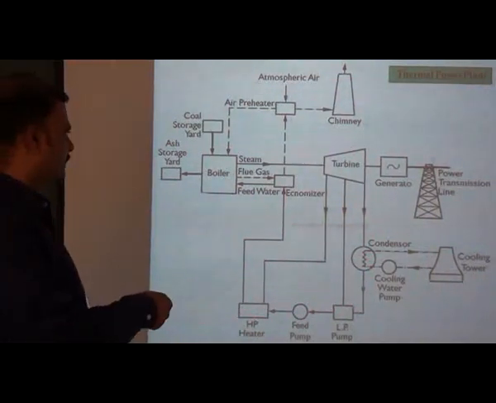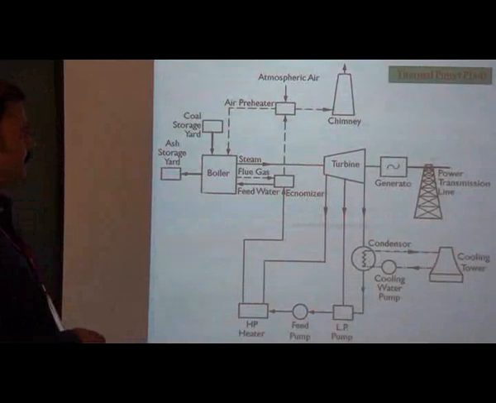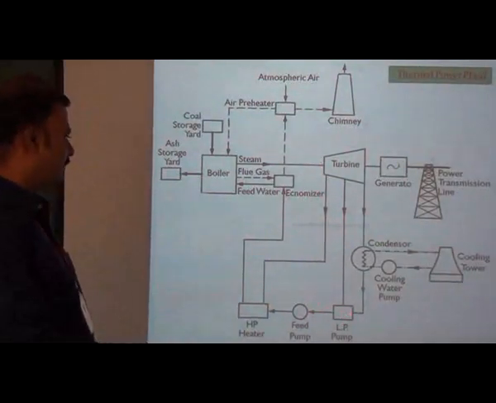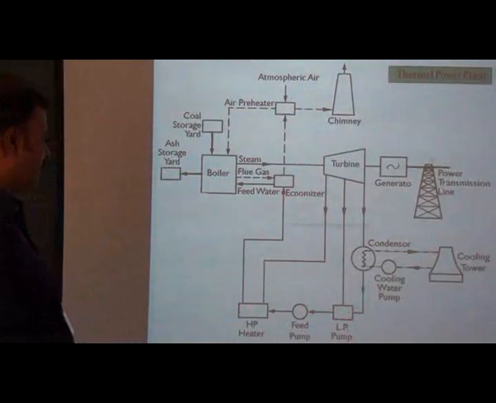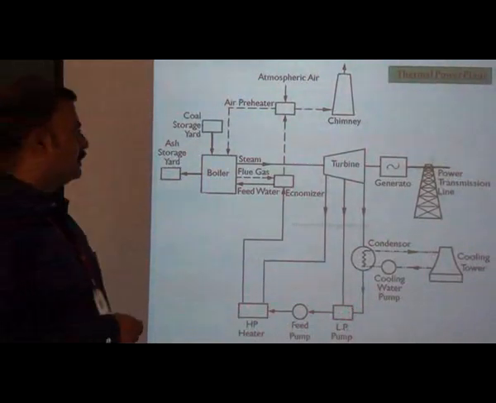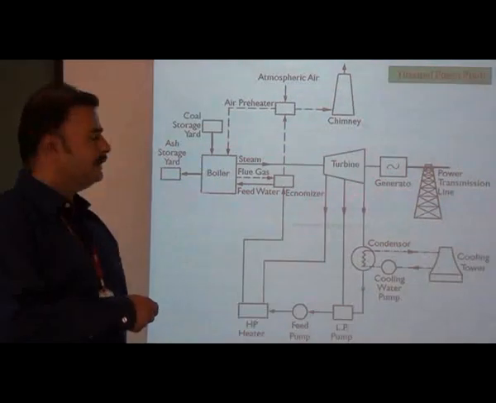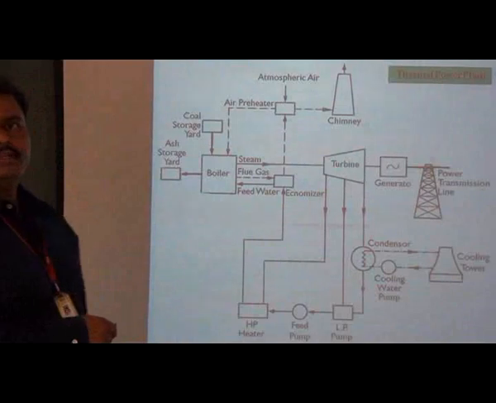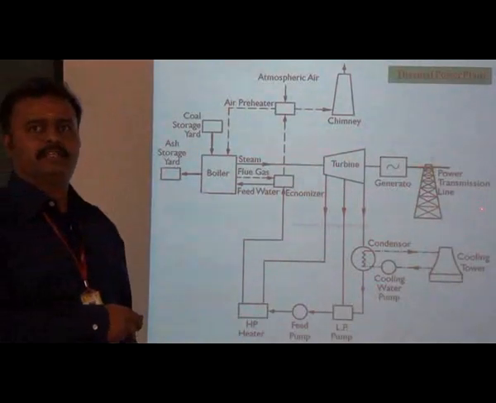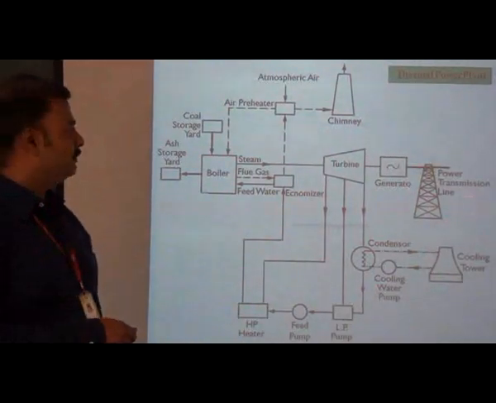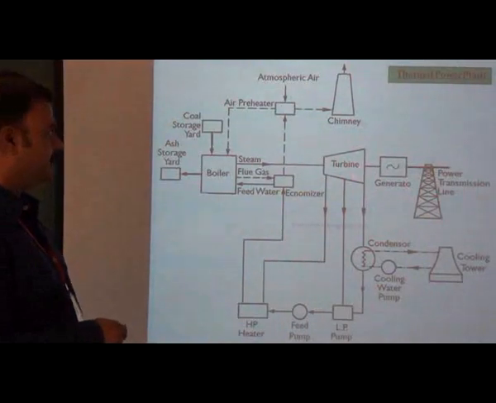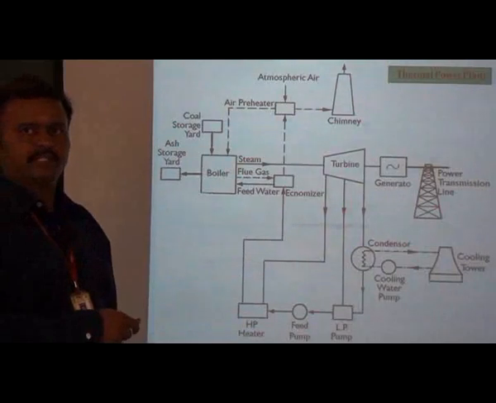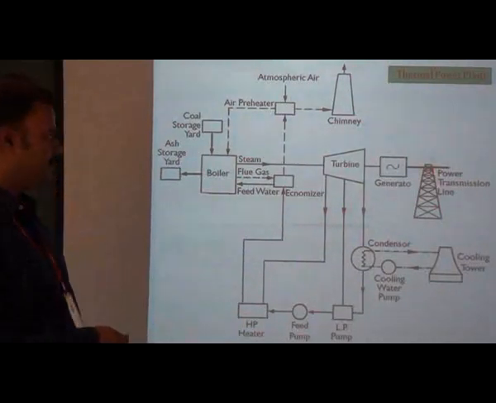This is the economizer. The purpose of the economizer is to heat the feed water. Here there are two things we are using. One is the low pressure heater and another one is the high pressure heater. Some amount of steam coming from the turbine can be bled out, and it is used to heat the feed water, because we cannot utilize the amount of energy which is available in the turbine fully. So we want to partly utilize the energy. Here there is some amount of energy available further after the utilization for electrical energy also.